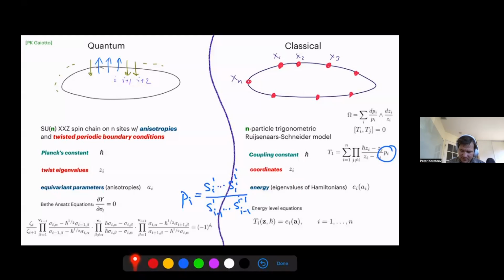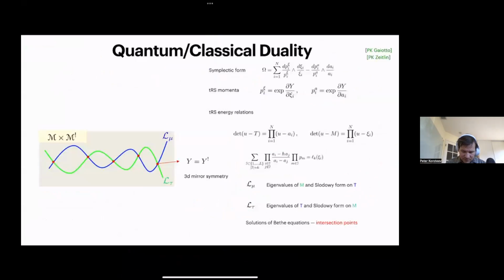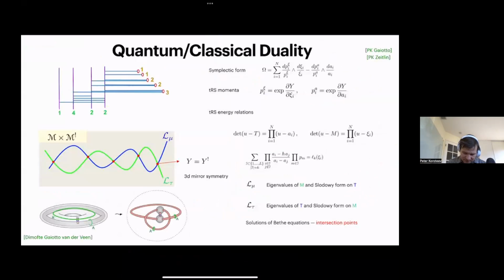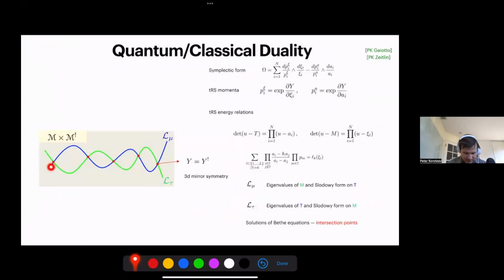In one of them, the coordinates are z's as here, and the energy eigenvalues are related to equivariant parameters, to a's. And then there's a so-called mirror frame. We can swap them around, and then the coordinates will be a_i's, and the energies will be related via functions of these parameters. So you can put these two systems together, right? And then